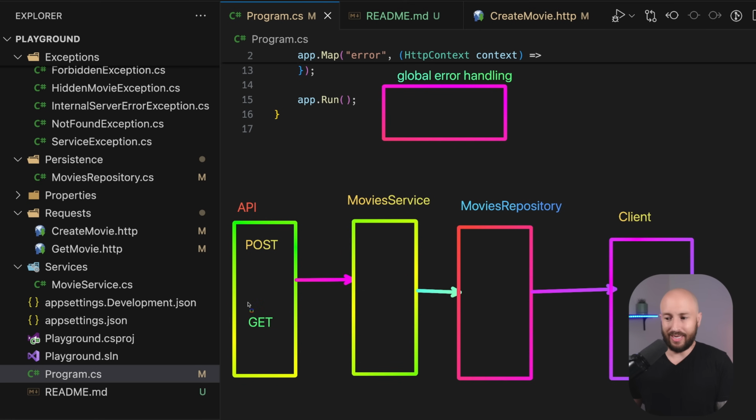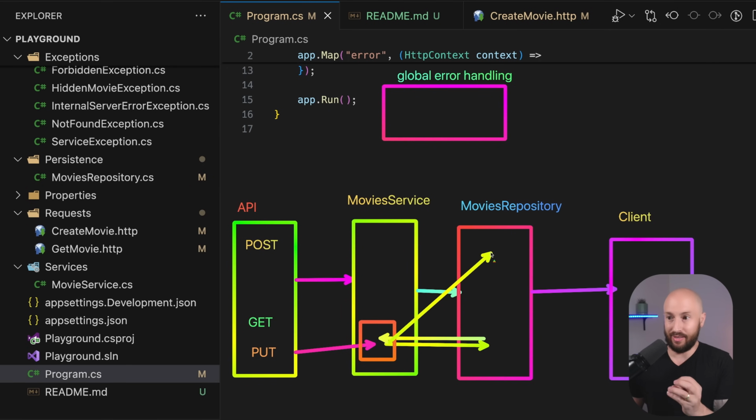You can imagine, let's say tomorrow morning, we have over here a put endpoint, and the put method uses the movies repository and tries to first fetch the item from the movies repository, but it doesn't exist. This time it doesn't want to return a 404 to the client, but instead you want to swallow this exception and create a brand new movie. Now, this is a simple example, and of course it becomes way, way more complex in big production real world applications.